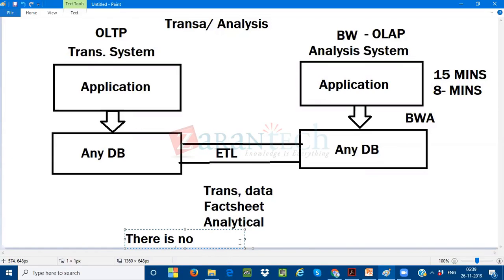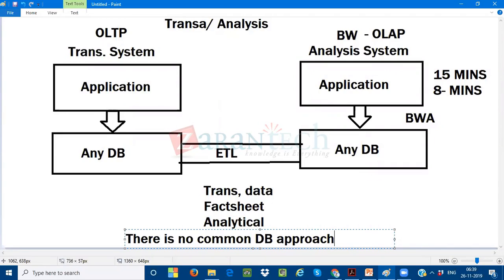There is no common database approach which serves me for both transactions and analytics.